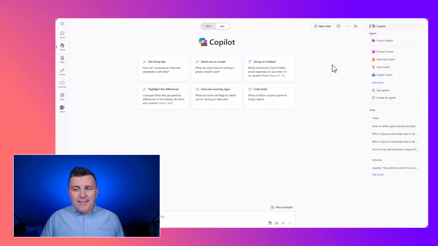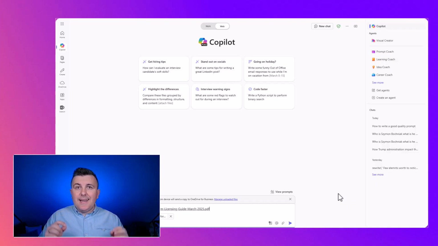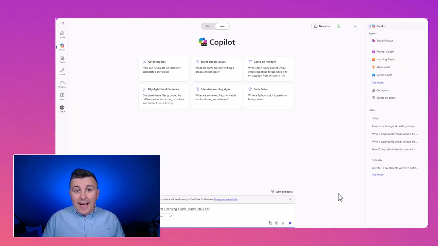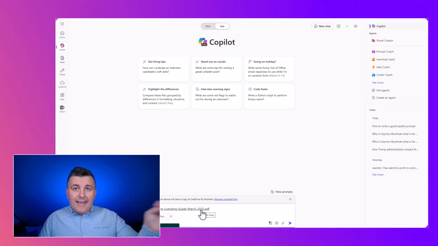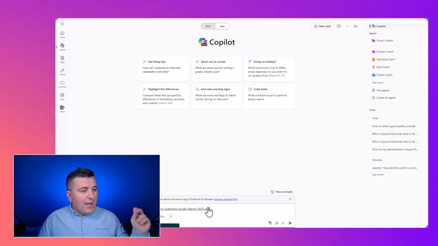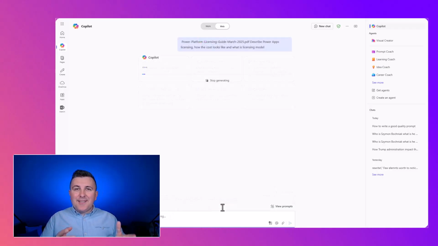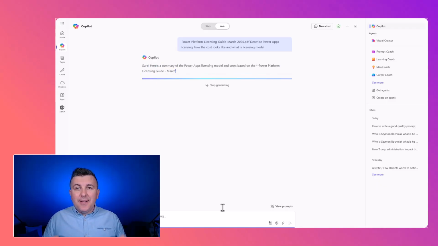Another great functionality that I want to show you is the possibility to upload a file here. I already mentioned that by design this Copilot Chat does not have access to your Microsoft 365 data, but you can upload data from your PC and this data will be safely saved in your OneDrive account. For instance, we can upload the new Power Platform licensing guide. Super challenging material to be reviewed, but we can ask Copilot to analyze this document for us and prepare us a summary about